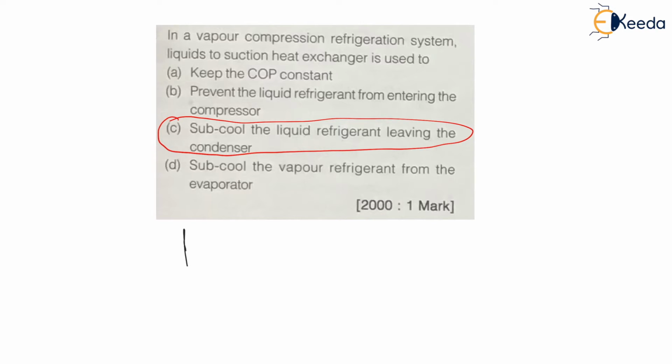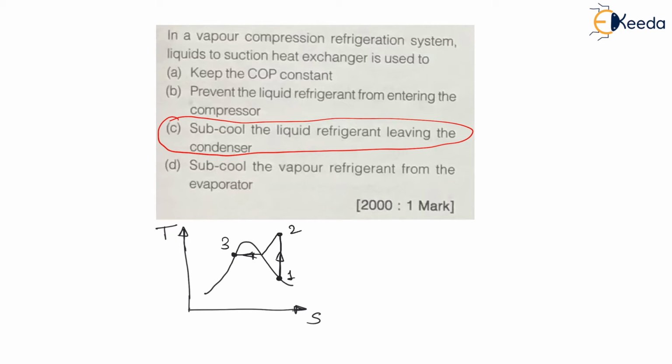Let us observe the vapor compression refrigeration cycle on a temperature versus entropy diagram. Here they are saying that it is a vapor compression refrigeration cycle. Now on this TS diagram, the very first process is reversible adiabatic compression, and the compression starts at the dry saturated vapor state, from 1 to 2 isentropic compression. That is, entropy is constant and there will be a compression. Right. 2 to 3 is constant pressure heat rejection in the condenser, and the end of the condenser is always the saturated liquid state.